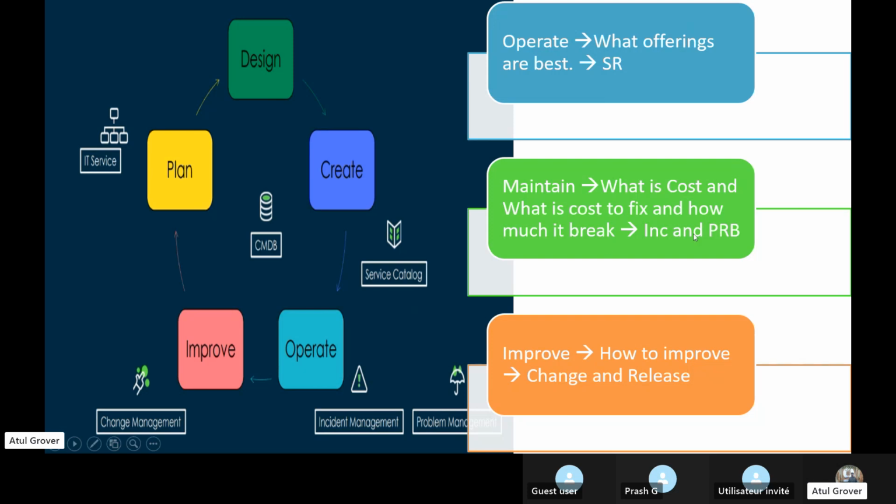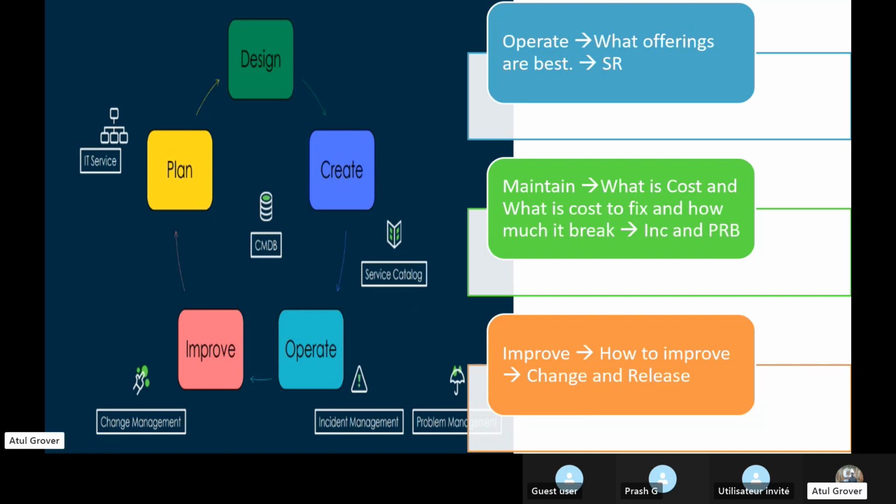Remember the example of restaurant opening: design, create, deliver and maintain. This is the maintenance part. If you purchase a new house, that's very good, but it doesn't mean that house doesn't require any maintenance cost. It will. The tap is not working, the fridge is not working, the floor is broken, the door and windows are not working, the curtains are dirty, the curtain pipes are not working properly.